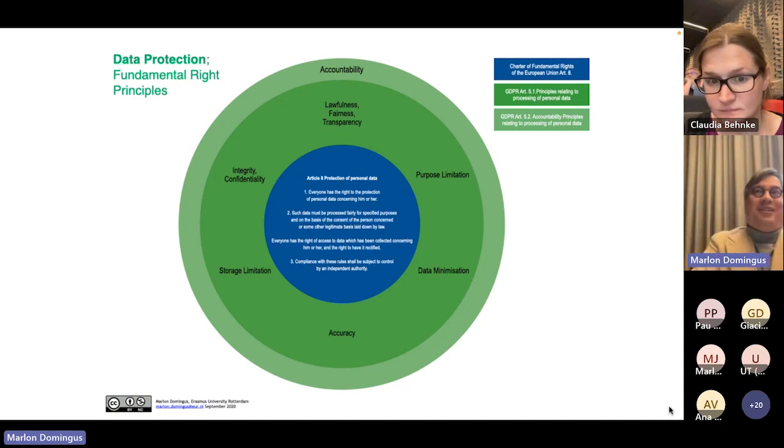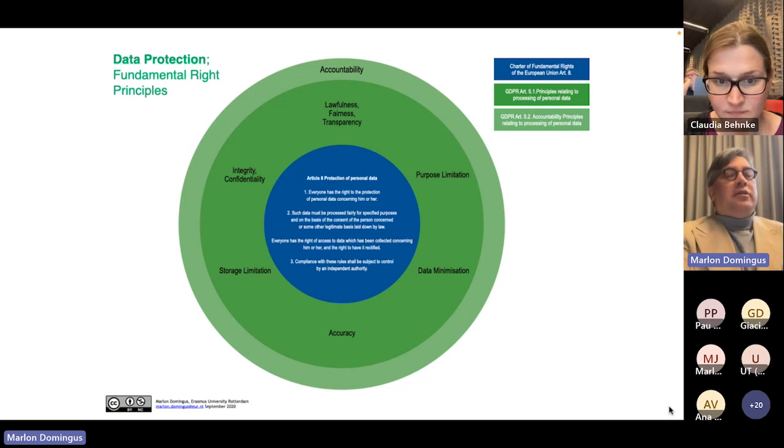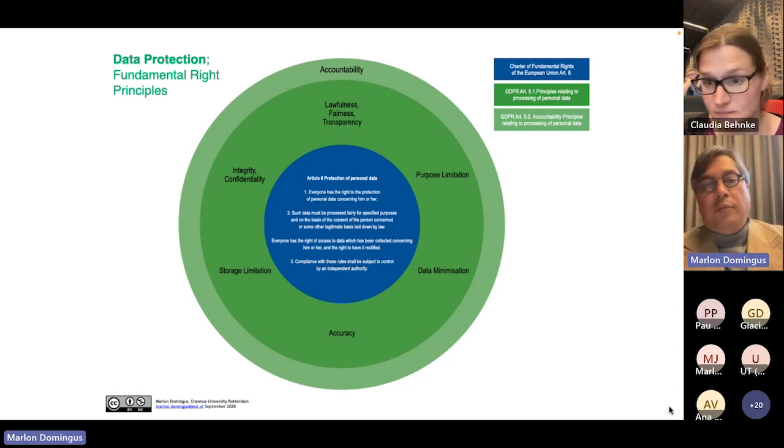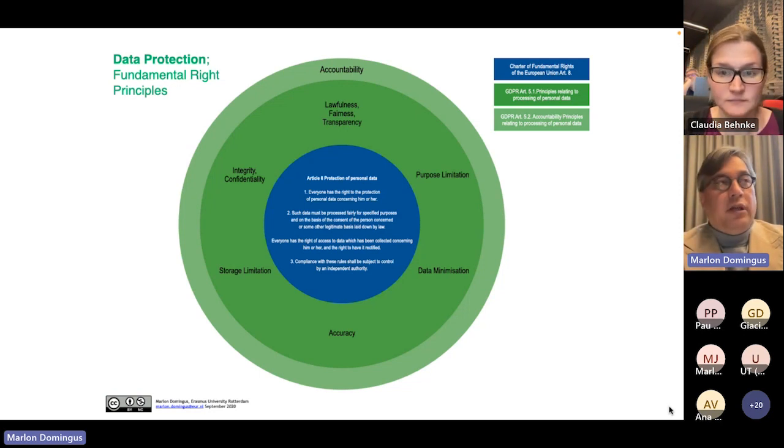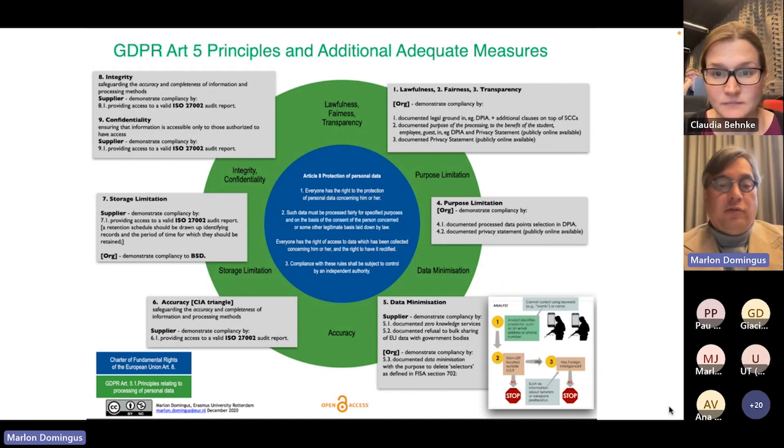Now, there's two ways to look at this. In general, this is the heart, I think, of every data protection impact assessment or every risk assessment that you take. How much did you do justice to these principles? And if you have a clear story for this, for instance, I've just given some examples of what you can do. For lawfulness, you can document your legal ground, and you can have a DPIA risk assessment. But there's whole books written about what you can do. But this is, again, a basic